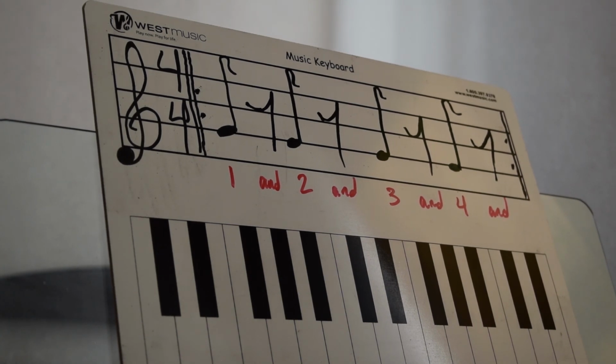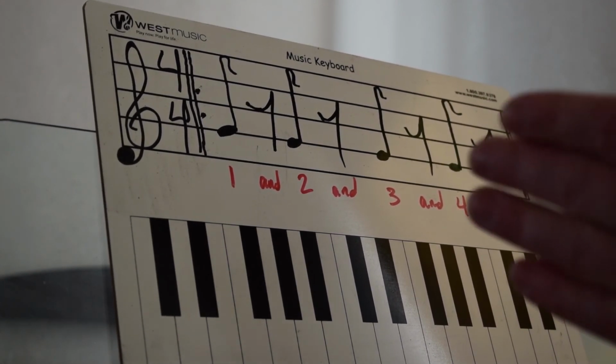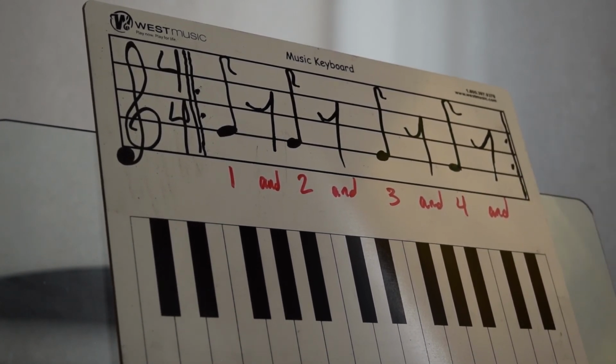1, 2, 3, 4, 1, 2, ready, go. 1 and 2 and 3 and 4 and 1 and 2 and 3 and 4 and...